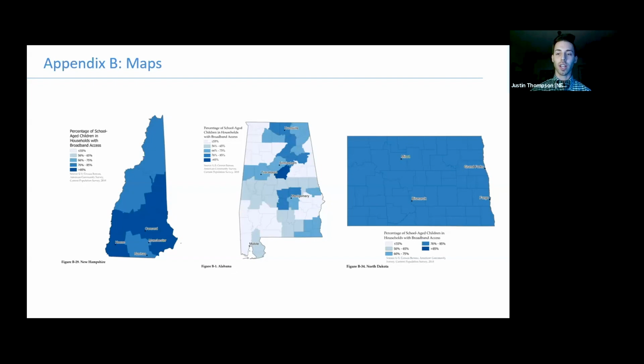So as you can tell, these maps show what percentage of students have broadband access in particular areas of the state, and the larger cities here are highlighted. So here I just pulled 3 different examples. So if you look on the left in New Hampshire, which was our #1 state with full access, you can see that everywhere in the state has at least 76% access, but then some of the areas even have over 85%. And then you look at the far right and look at North Dakota. So if you look at North Dakota, everywhere is between 76 and 85%. So they're doing pretty good everywhere, but you can tell there's not really any disparities there.